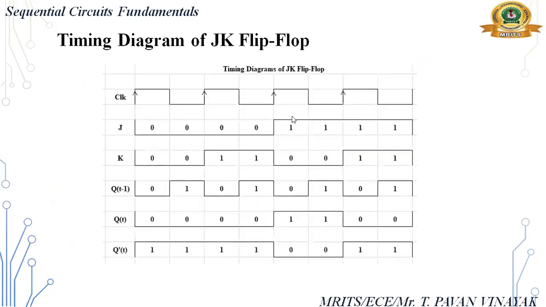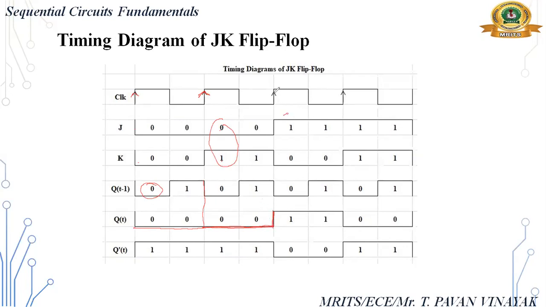Okay, this is the timing diagram of the JK flip-flop. Observe here, I have given a clock pulse. Inputs 0 0, so what is the previous state here? 0. So I am writing 0 0 until here, because the clock pulse is activated here. What is the value? 0 and 1. 0 1 means it is the reset state, so the output is 0.